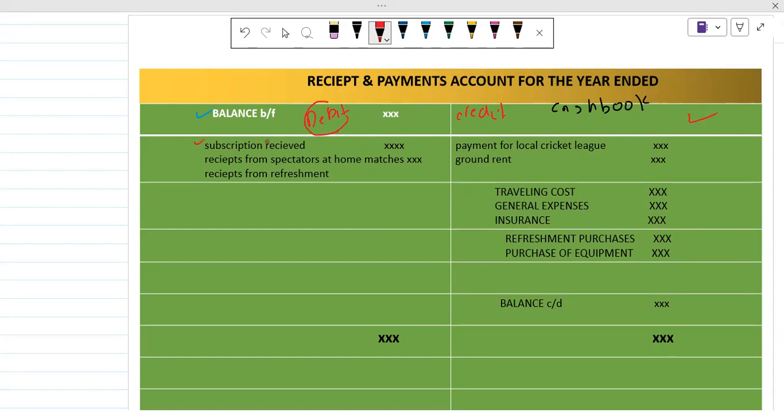So first of all, we have subscription received, like if our customers paid a subscription amount in the form of cash, so it will come under the subscription receipt in the receipt and payment account. Okay, receipt from